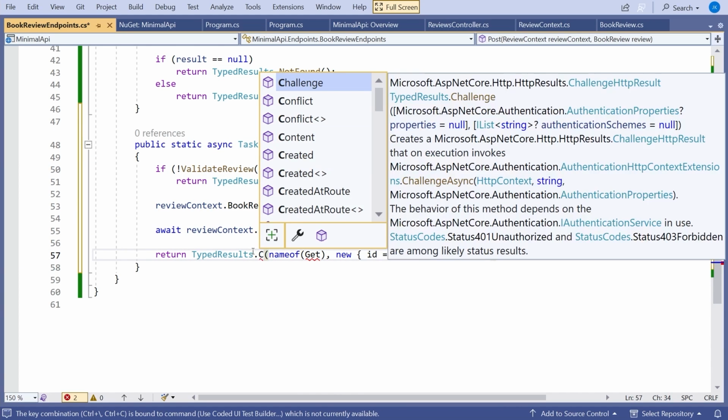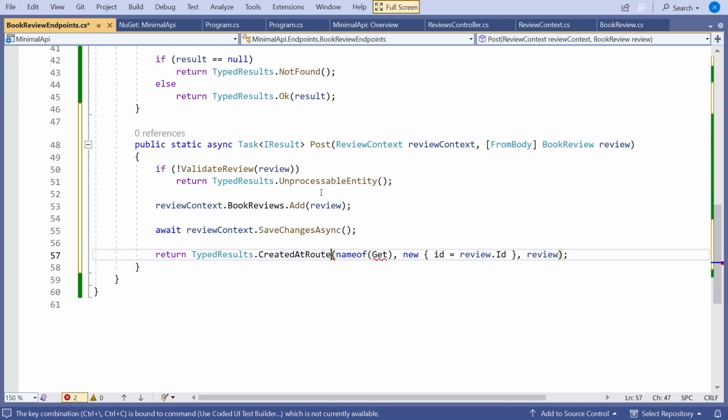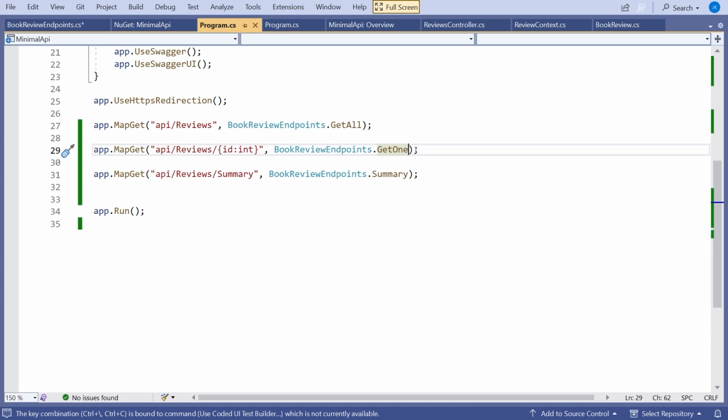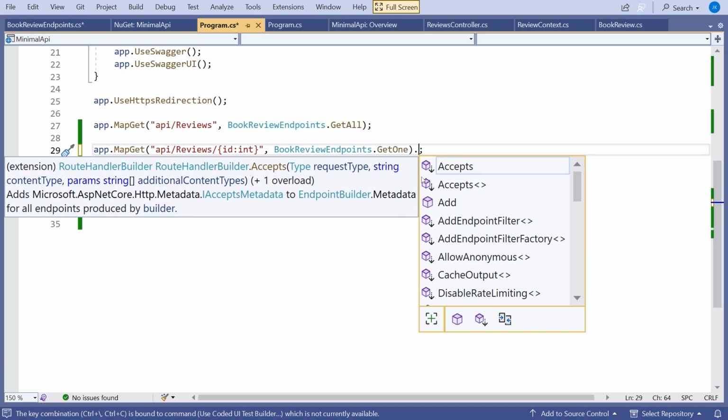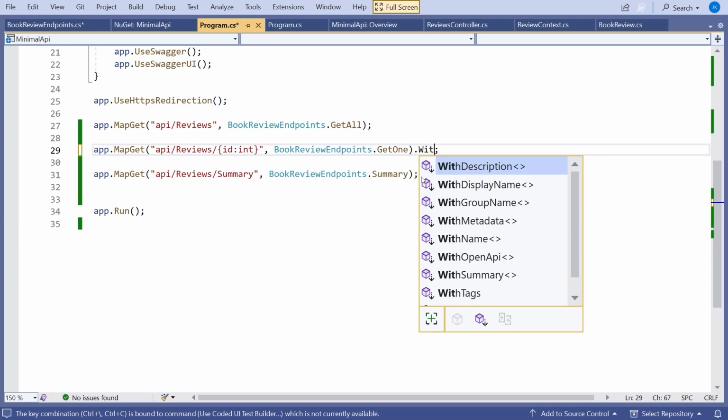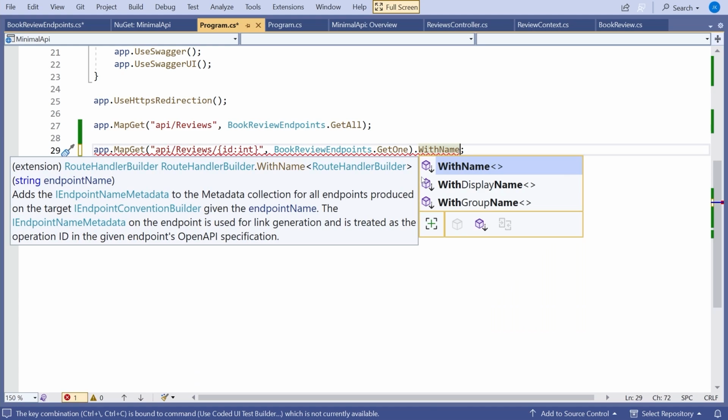So the options we've got here are on our TypedResults. We can do either a Created or a CreatedAtRoute. And probably the CreatedAtRoute is the safest one to go for, because it means if you change the route, this will change automatically and update. Problem is, we've got to give the route a specific name. And so to do that, we've got to go back to our program. And remember, the route we want is for the get one, because we want to get the one that's been created. And so what you've got to do is on there, add a WithName,